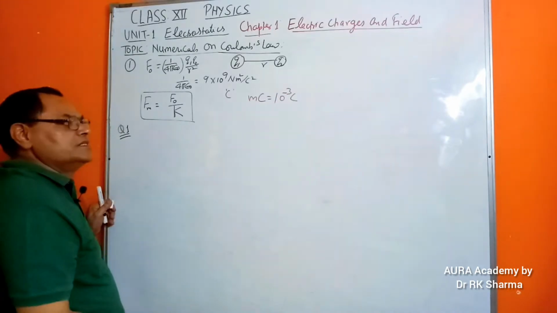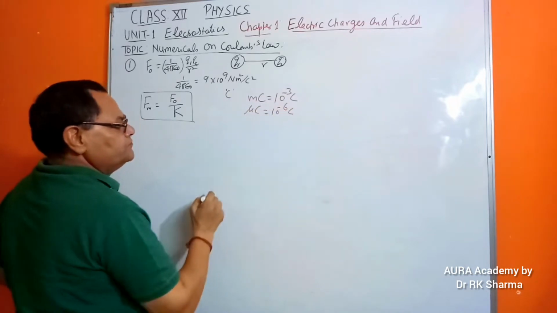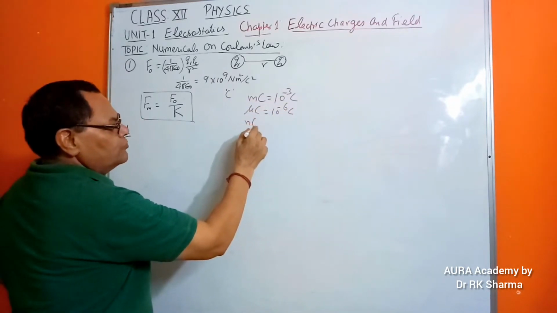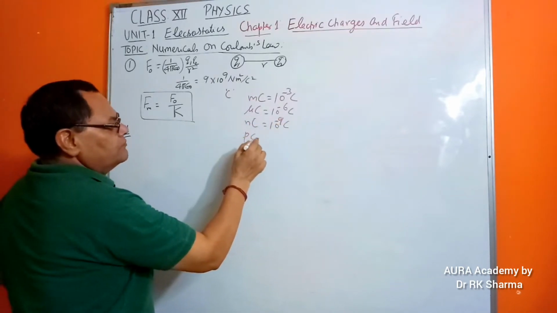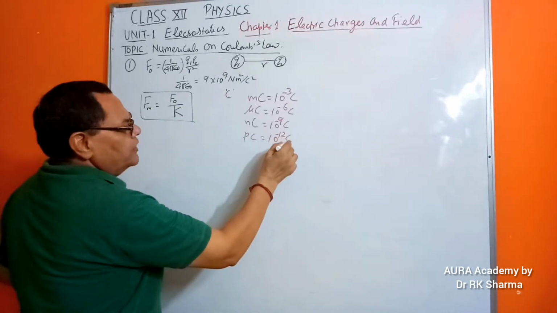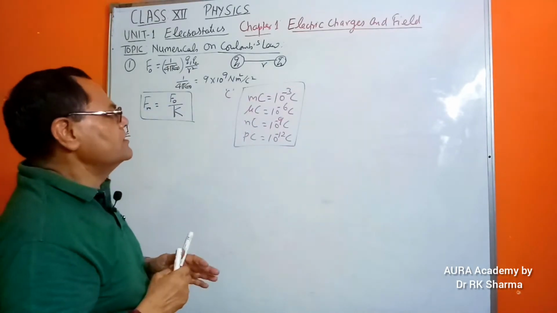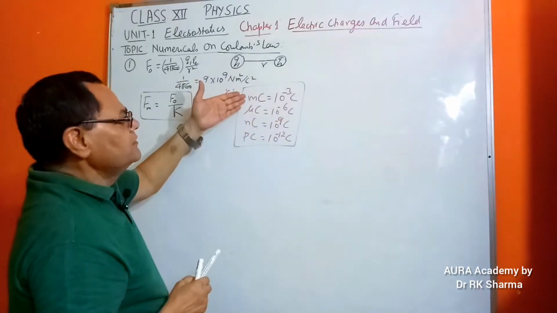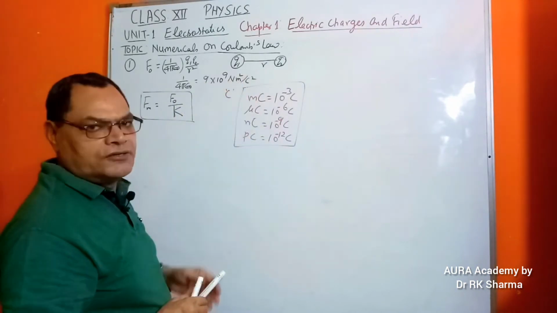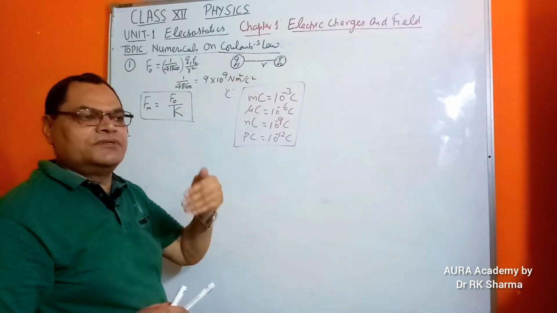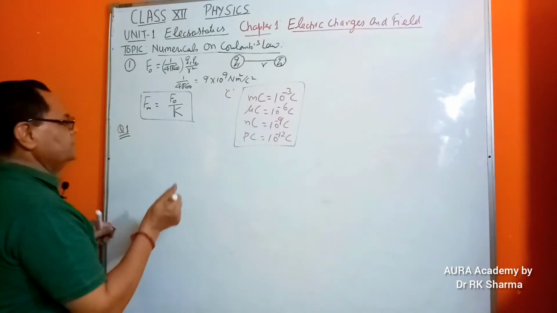I am telling the conversions. Sometimes the charge may be in microcoulomb, meaning 10 to the minus 6 coulomb. Sometimes in nanocoulomb, that is 10 to the minus 9 coulomb, and sometimes in picocoulomb, that is 10 to the minus 12 coulomb. If any charge is given in millicoulomb, microcoulomb, nanocoulomb or picocoulomb, you can convert accordingly. Similarly, the distance may sometimes be in centimeter or millimeter, and you can convert it. Alright, let's start with the first question.